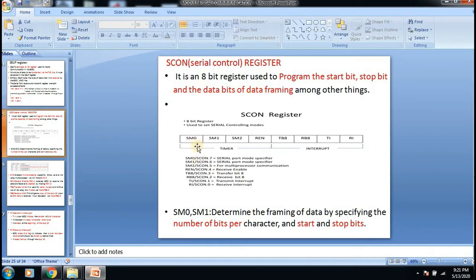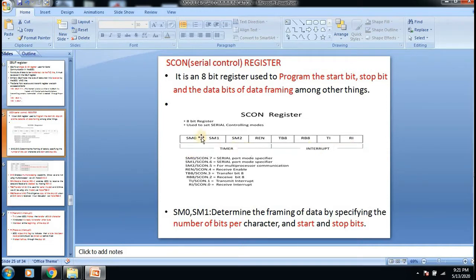The bits of the SCON register are SM0, SM1, SM2, REN, TB8, RB8, TI and RI.